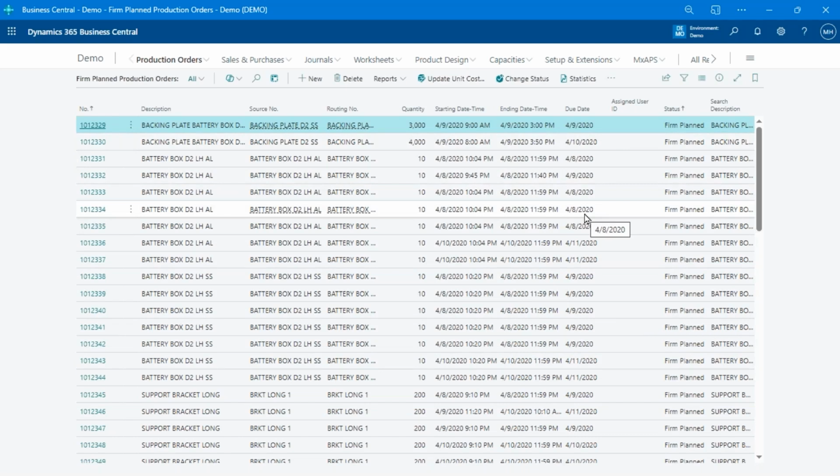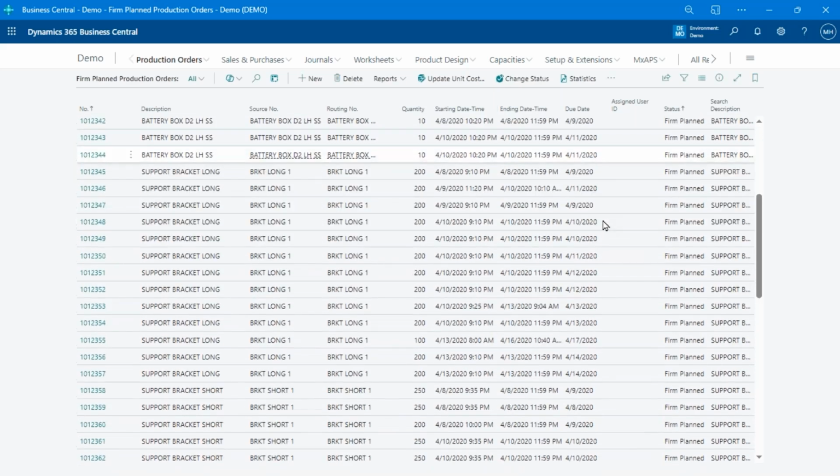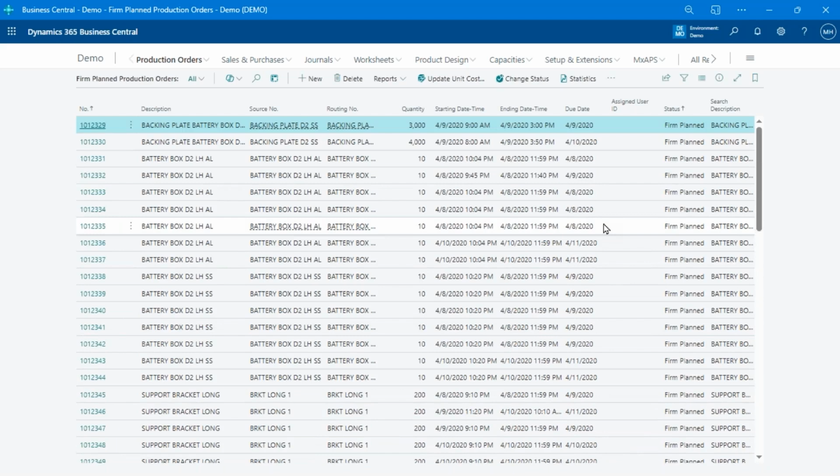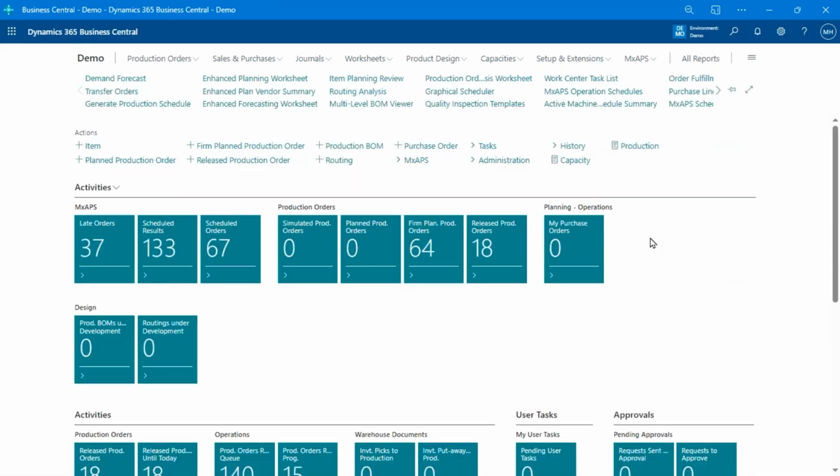And that could be typical in a sales-oriented environment where on Friday afternoon salespeople are entering sales orders. Well, guess what the ship date's going to be? It's probably Friday, because they didn't bother, or they forgot, to change the requested shipment date from the customer, and everything's going to be required this Friday afternoon. Well, that's not going to result in a realistic schedule. So at any rate, all of these were run through a forecast and generated from MRP. And of course, Business Central is going to backward schedule based on the due date, and it's not going to give me a realistic schedule.